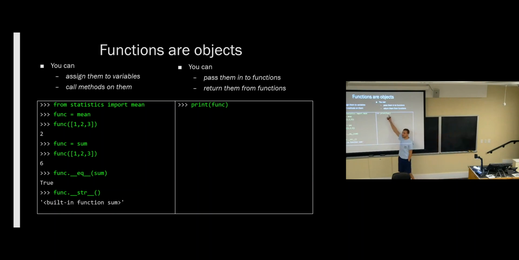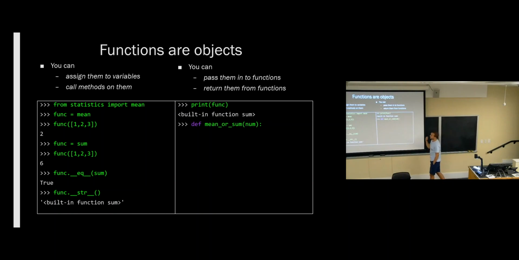You can pass functions into functions. So print is a function, and we can pass a function into it as a parameter. And so here's an example of where this method ends up getting called, because print is going to try to cast the thing that you pass into it as a string. So by doing that, it's going to call this method right here. And then it gets printed out just like we expect.